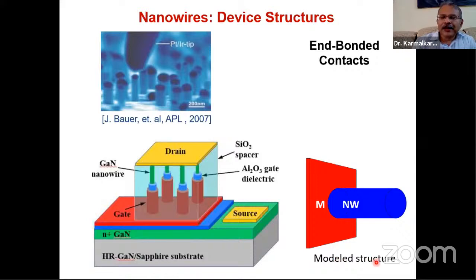Now, here is the modeled structure. I mean, for modeling, if you want to use it, we show a simplified diagram. This is the wire, and at the end, this is a metal piece. And please note, it is very important to note that this metal piece is extending beyond the wire. It is not restricted to the wire alone because it is a nanowire. This diameter is very, very small. So definitely the metal that you use to connect is going to be bigger than the wire.